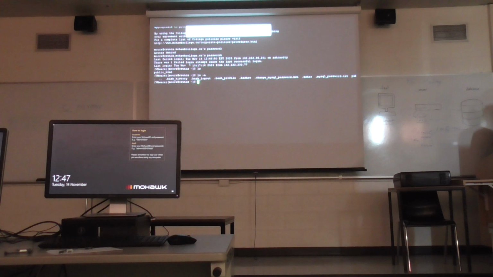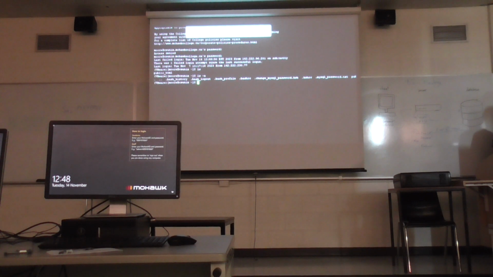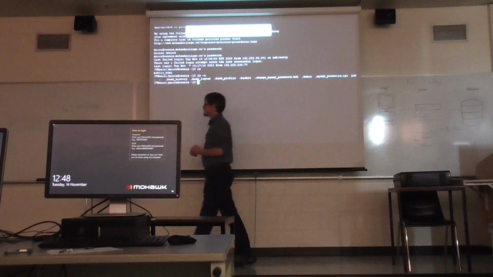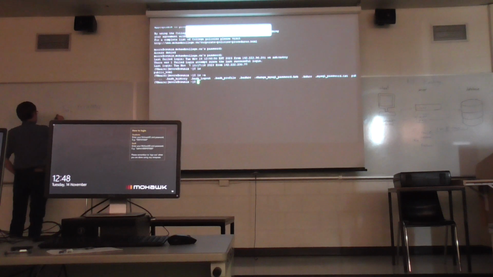In this you can see hidden files and folders easily. I don't know how you got there. Oh, I just logged in with PuTTY, and then I ran the following command. I will put it on the board. It's ls -a